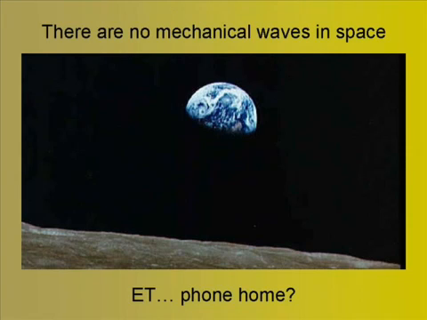Some mechanical waves need matter in order to transfer energy. They can't work in space where there is no matter. Therefore, how did E.T. ever phone home? He couldn't have used sound waves because they require matter to travel through. So what kind of communication could E.T. have been using? Well, this brings us to the form of waves that do not require matter.